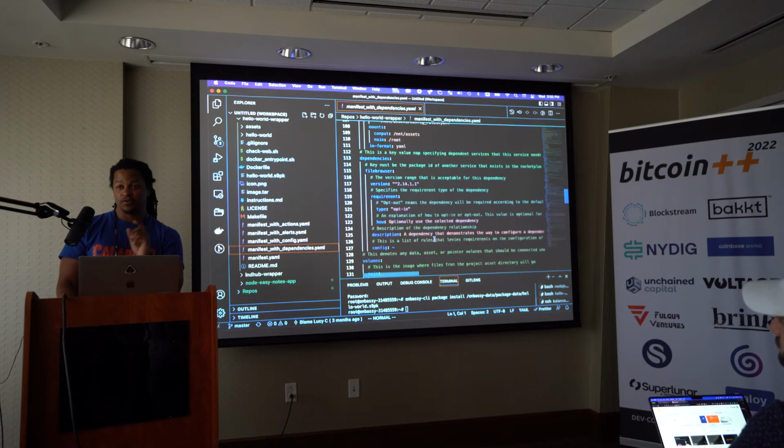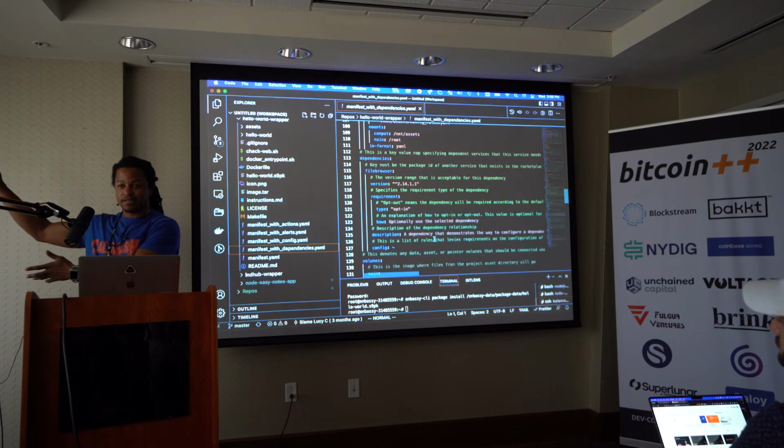So basically, if you have LND configured, but let's say you don't have KeySend turned on, and you want KeySend to be turned on for Balance of Satoshis to work properly, the service tells you, hey, you need KeySend turned on. Click this button to auto config, and you'll click the button, and it'll automatically turn on KeySend in LND